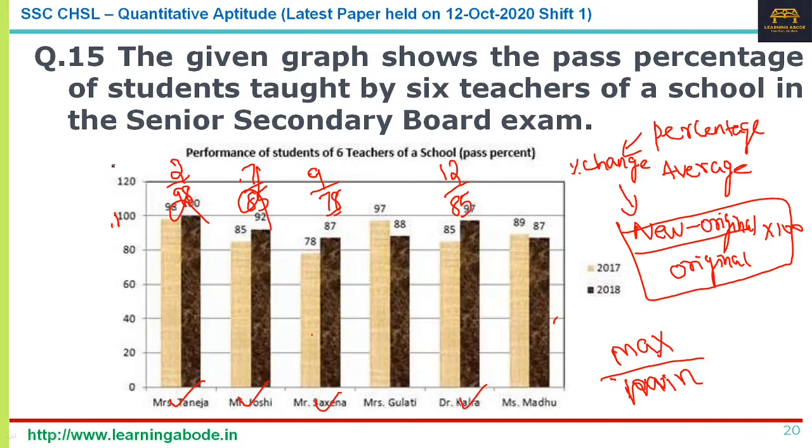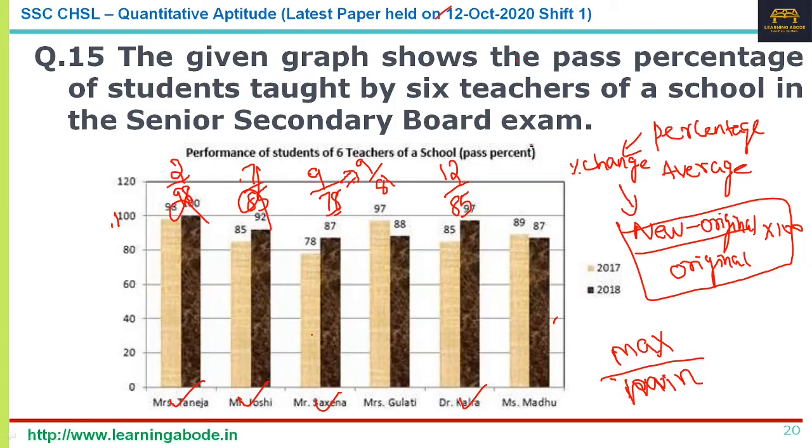Now if for any of you, you are still not very clear, as far as data interpretation is concerned, you can go for approximation. Now this 78, let me make it 81. So 9 by 81, I'm just trying to approximate. What is 9 by 81? 1 by 9, which is 11 percent. So the actual value, 9 by 78, is going to be a little more than this 11%.